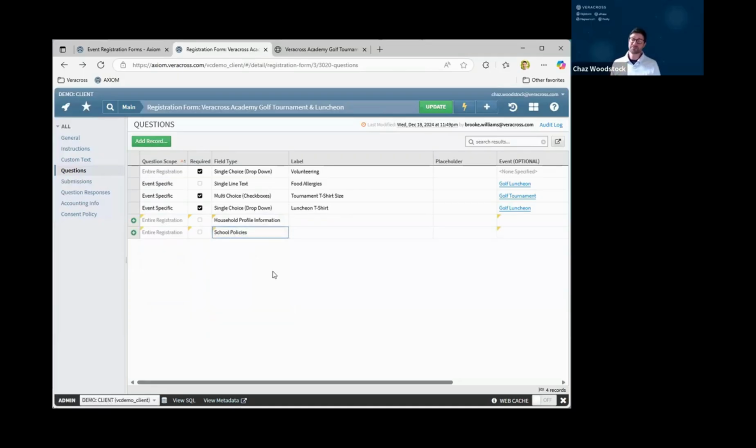Again, these are two different features that are beyond what we're going to have time to talk about and break down today. But at a high level, one, the household profile update allows families to update their information, contact data, emergency contacts, and so forth. School policies allows you to ask questions, and then it actually stores the data in a policy section